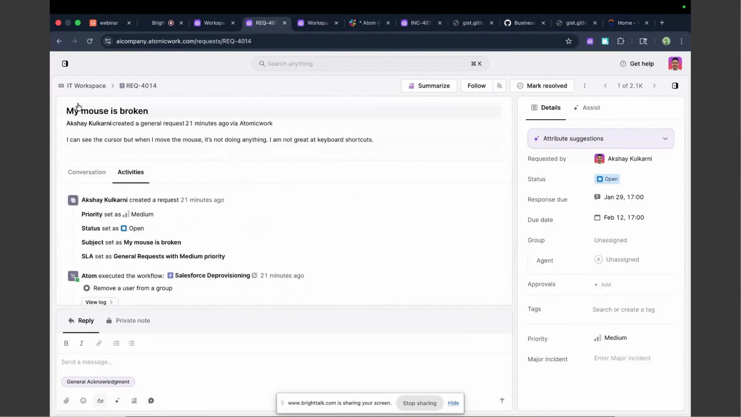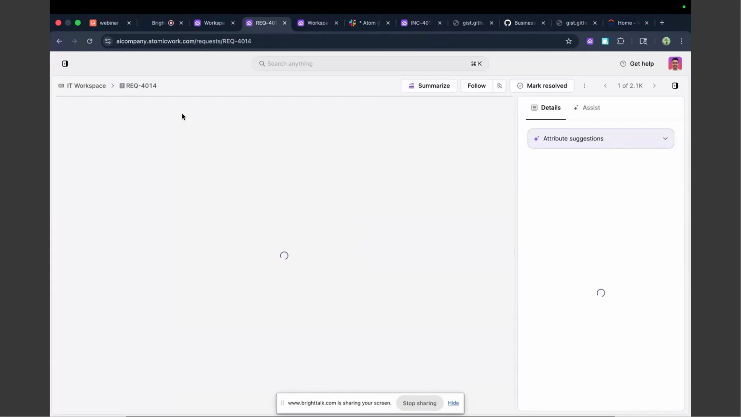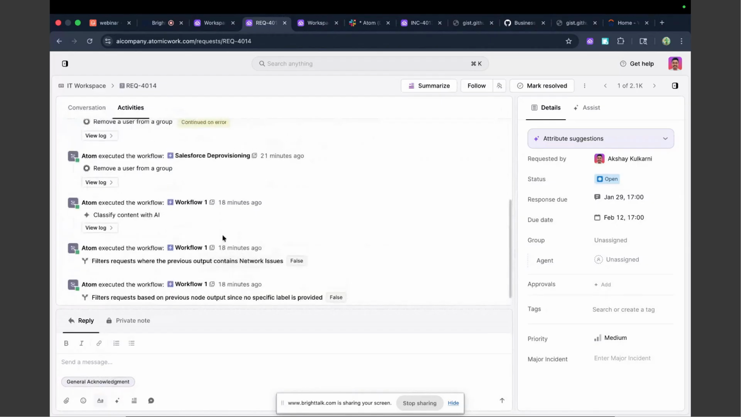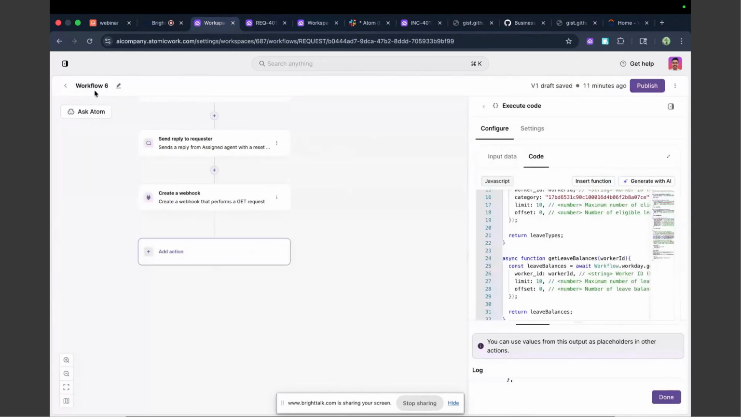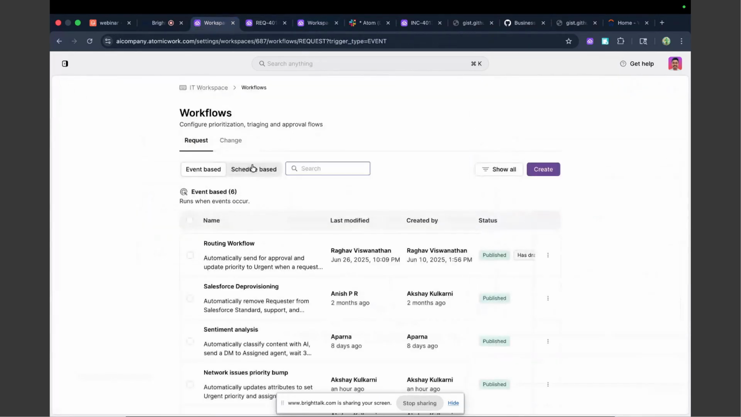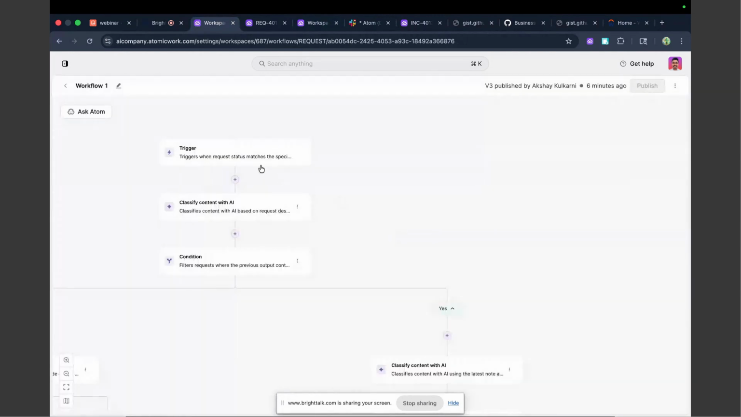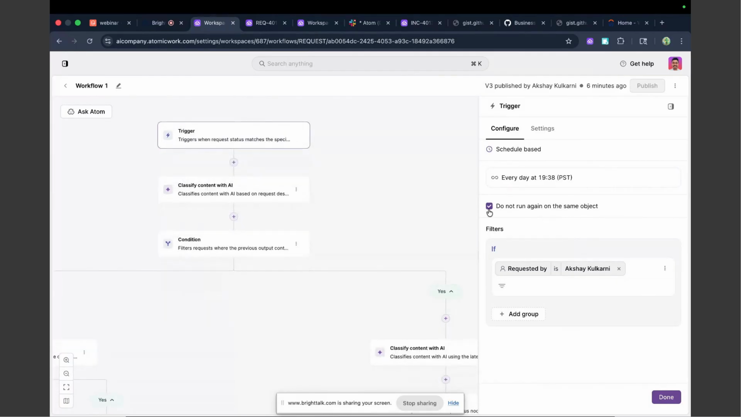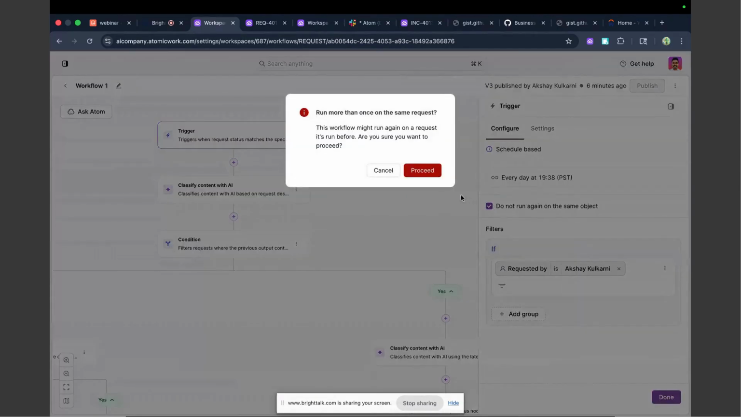It's always a trial by fire trying to run scheduled workflows live, isn't it? Running scheduled workflows is a challenge. Yeah. Let's make sure the trigger runs every day at 19:38. Is it because we said we want the workflow to run only once? Yeah. So let's just remove that